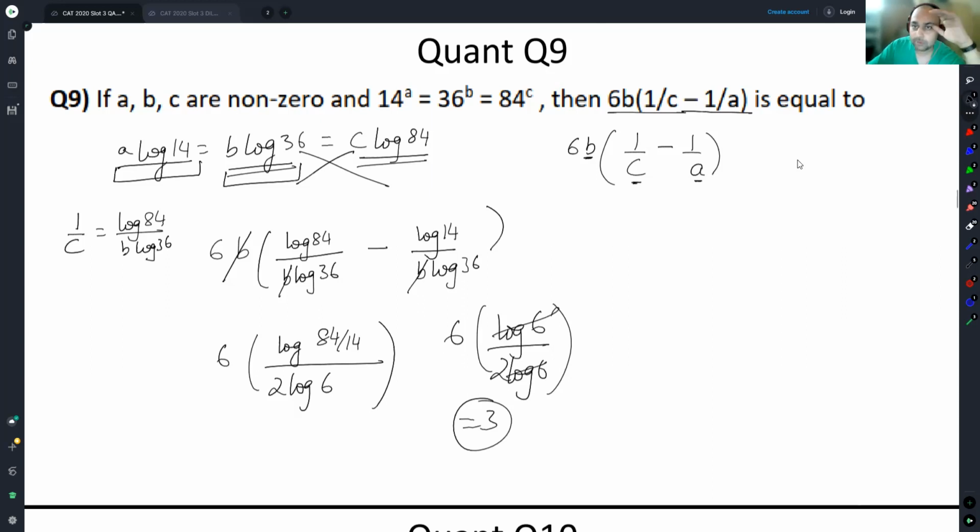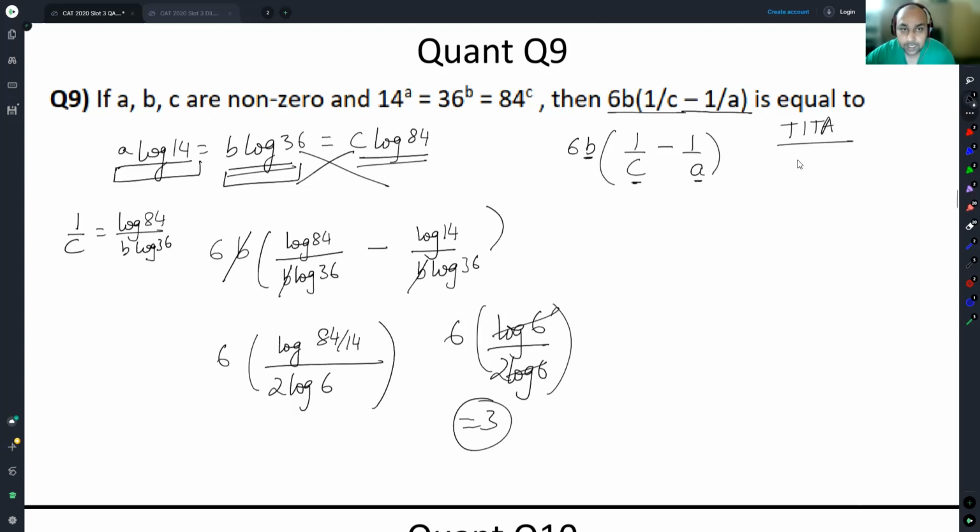Why I choose to go down this path is also slightly rigorous, because this is a theta question. So of course I have to get rid of all the variables. The best way to get rid of the variables is what I saw. Does this make sense, people? May we move?